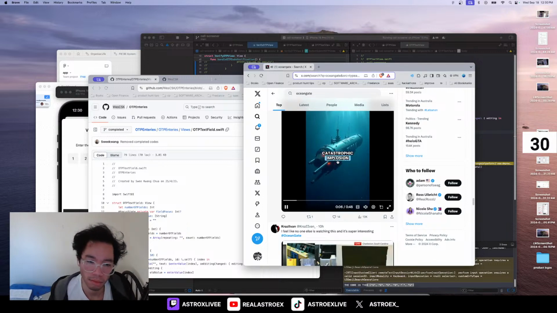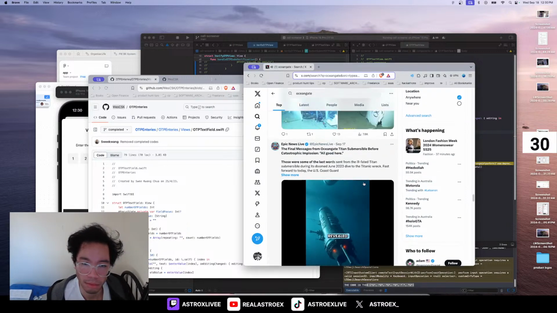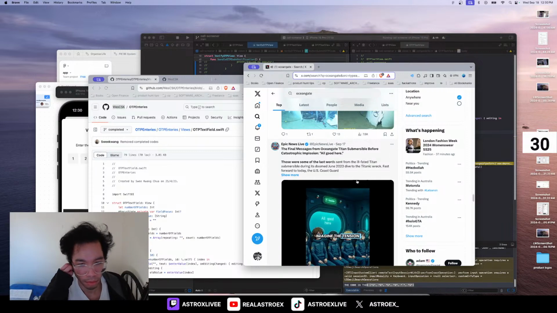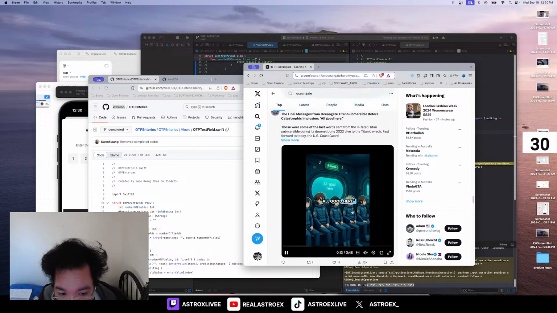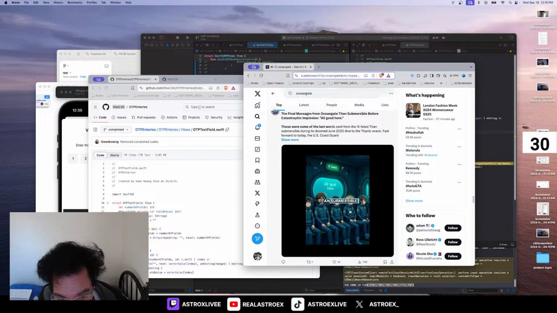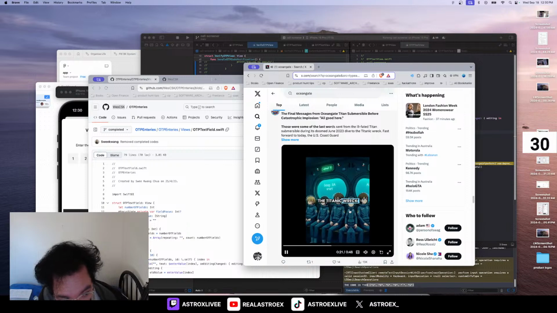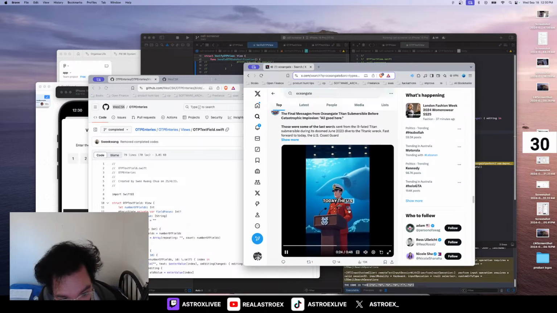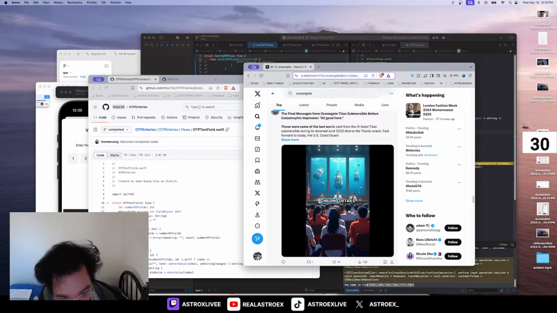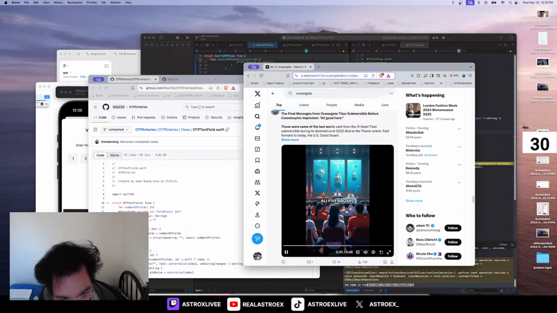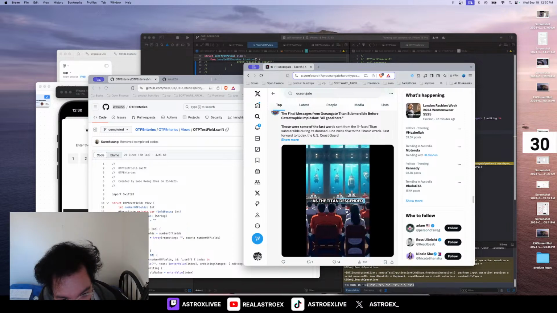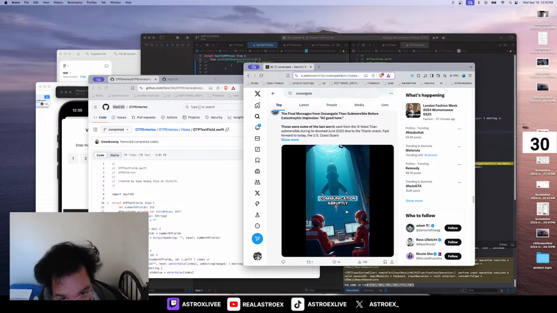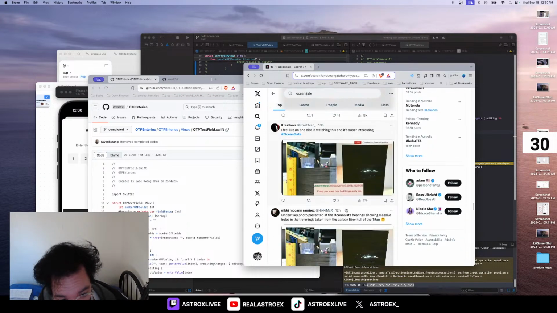Before a catastrophic implosion revealed. Imagine the tension. All good here. Those were some of the last words sent from the ill-fated Titan submersible during its June 2023 dive to the Titanic wreck. Fast forward to today. The U.S. Coast Guard has just unveiled these chilling details of the two peering into the tragic implosion that killed all 5 of them. As the Titan descended nearly 300 meters, communication abruptly stopped, leaving